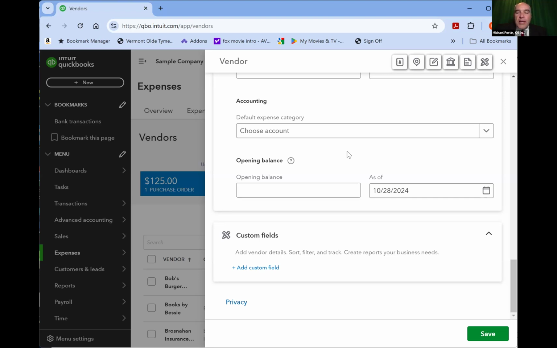So it's kind of a one-time thing. You would never use opening balance unless you're converting your accounts over from some other accounting system. Otherwise, it just isn't used.